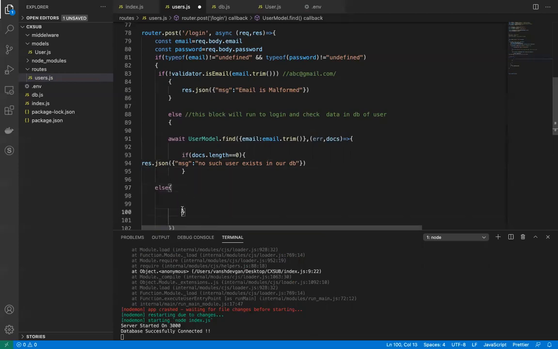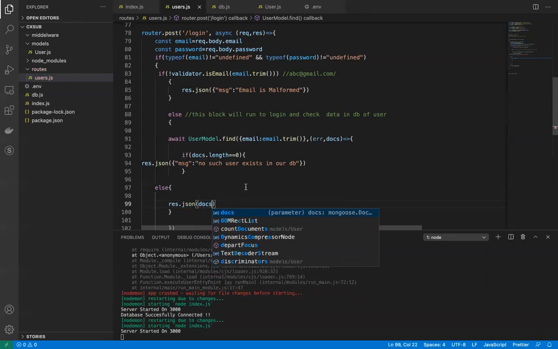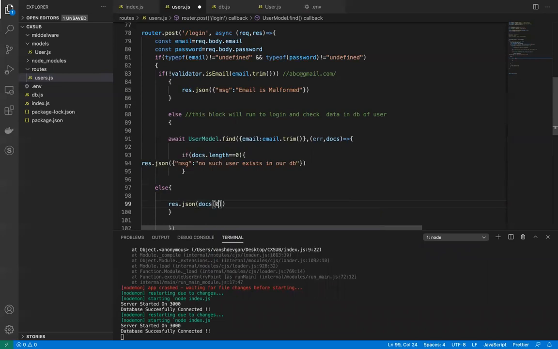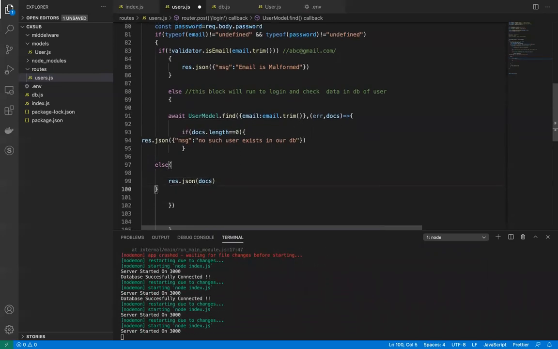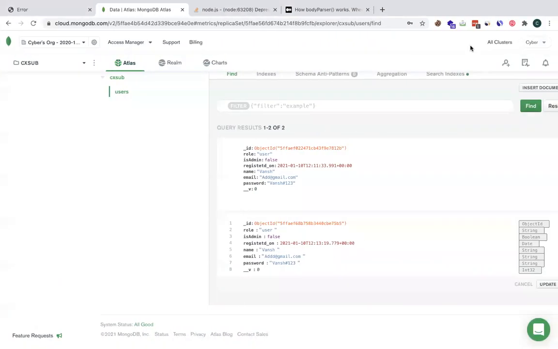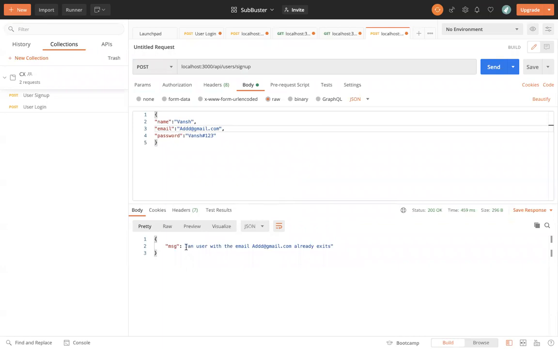Okay, so if there is a user existing, then we are going to first console.log, like, are we able to retrieve the user's value from here. So we're just going to return the user details for now. Okay, so I will just write docs over here, and basically it's an array, so it will be at the 0 index, but let me show you it's an array so you can actually get the idea. And let me go over there and send it on the sign up. You can see a user with this email already exists, it's a sign up route.